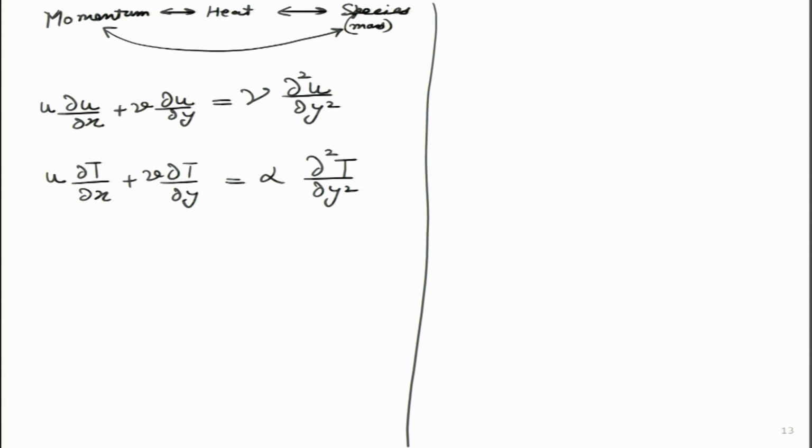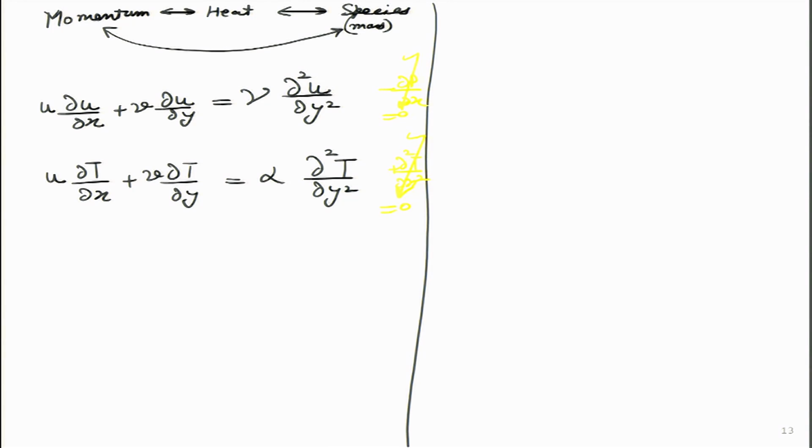Now, some student may actually ask why have I not written some terms over here? There was one term del p by del x, and there was another term del square T by del x square. So, these two we can assume are negligible under which conditions? If the flow is taking place where there is no pressure driven flow, then we can say that del p by del x is zero, pressure does not change along the x direction. We can say this if one plate is moving over the other plate, that is one good case. Then del square T by del x square we can neglect in comparison with del square T by del y square.